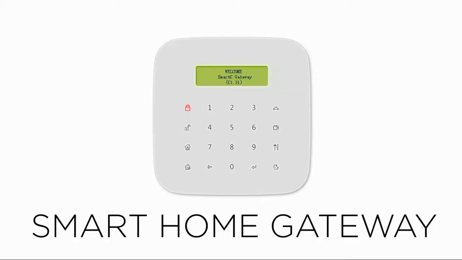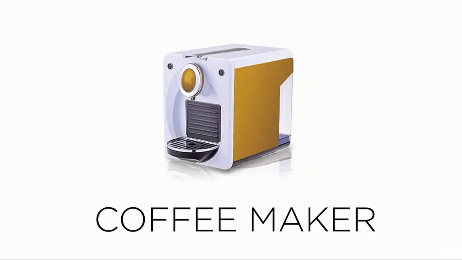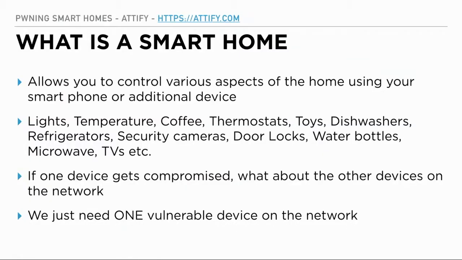Then a Zigbee smart home gateway. A lot of people actually think that Zigbee is extremely secure if they have not looked very deep into it. But it turns out that Zigbee is not so secure. We'll get to see. And then a coffee maker. This is quite interesting. A lot of homes as well as offices have this Wi-Fi connected coffee machine, which also has BLE. And this is also something that we used in one of our enterprise pen tests to compromise the entire network. We'll get to see. So, what is a smart home?